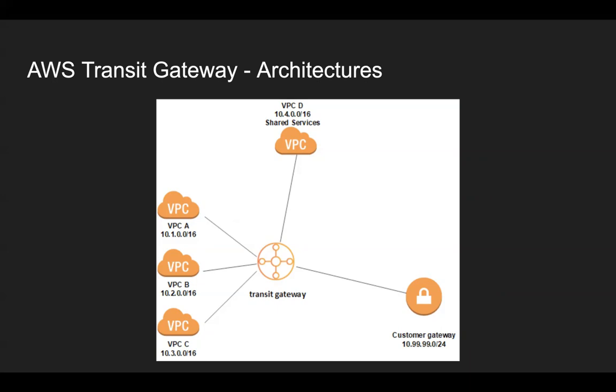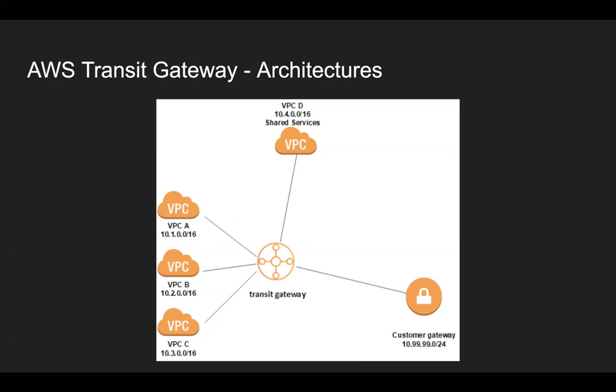So this is also something that you can do. Probably, let's say you have an Elasticsearch cluster where you want to do log analytics. A, B, and C can talk to that, as well as your customer gateway can talk to that Elasticsearch cluster for log analytics. But then A, B, and C cannot talk to each other. This is also something that you can do with a transit gateway.